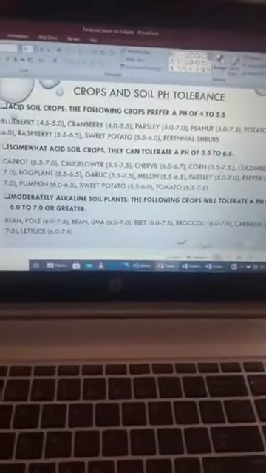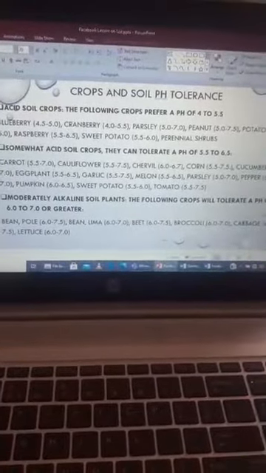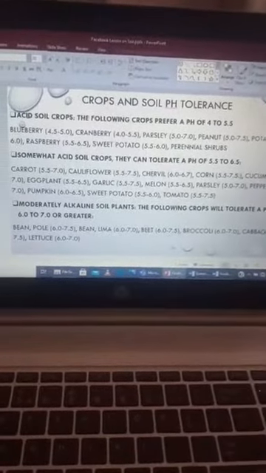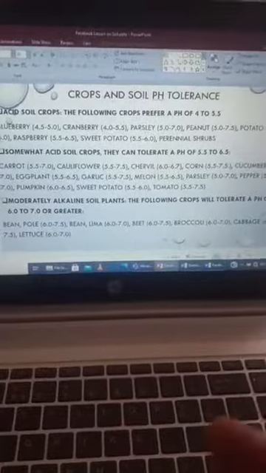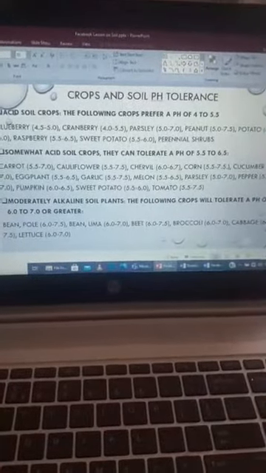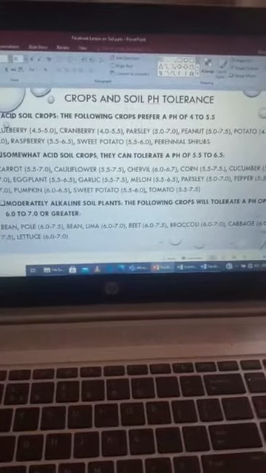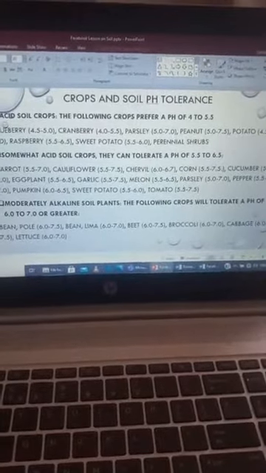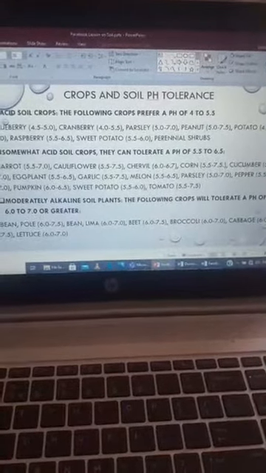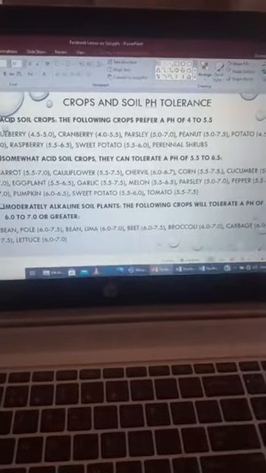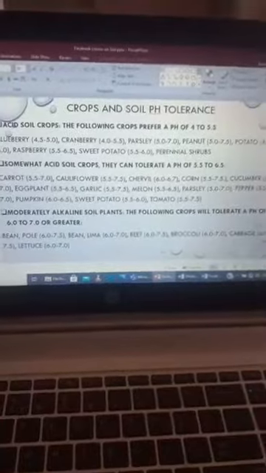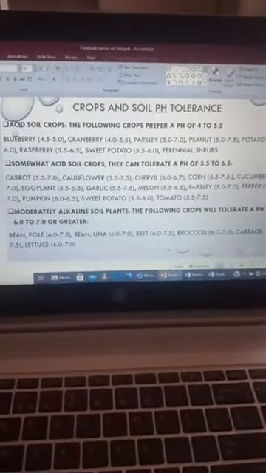Okay, now these are crops and their soil pH tolerance. We're looking at acidic soil crops. You know, crops that can thrive under acidic soil. You're looking at blueberries, cranberries, and most of crops lana shrubs. You know, you're also looking at parsley, kinati, potatoes. And I'm sure abanye batshala potatoes. So potatoes, why we say adinga acidic soil again, because once your soil is alkaline and you plant potatoes,